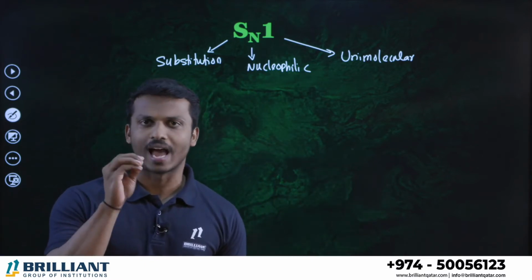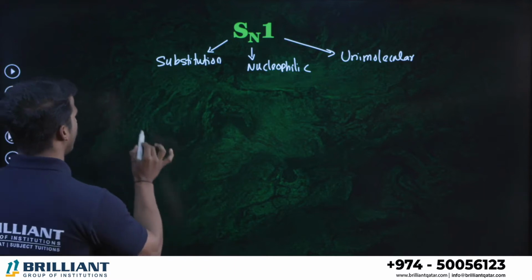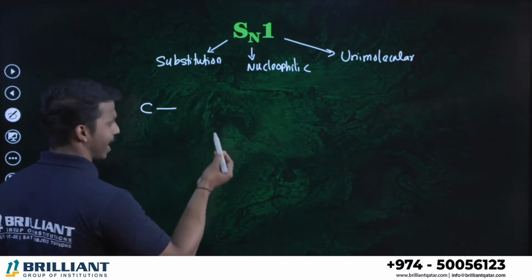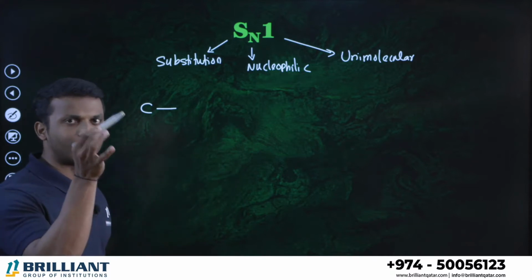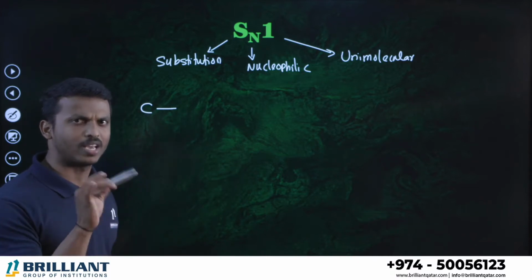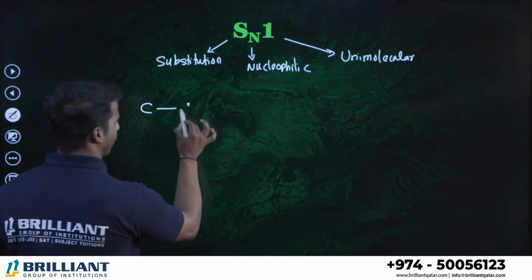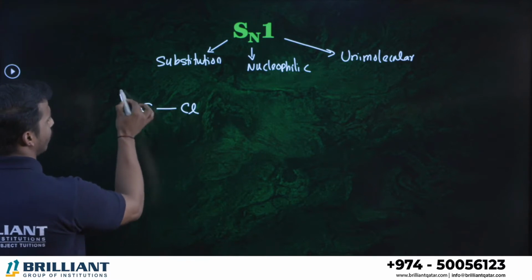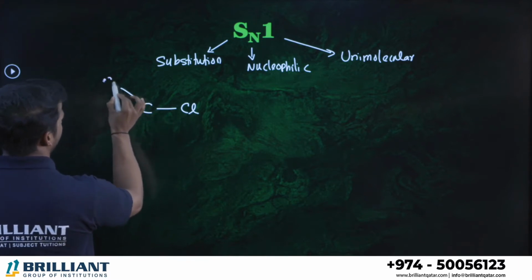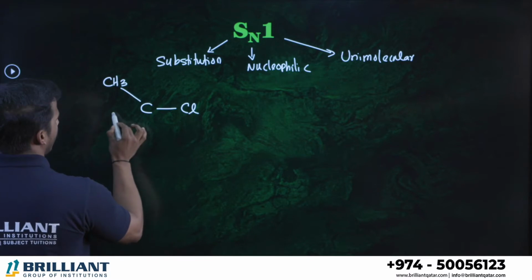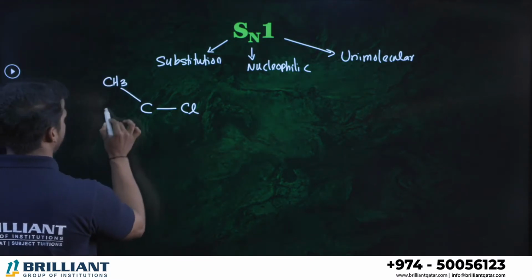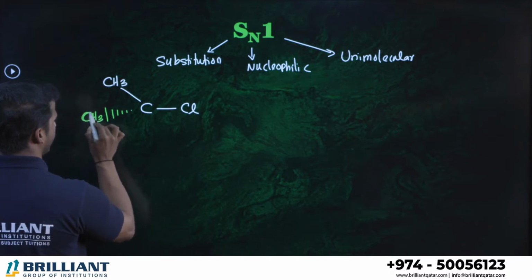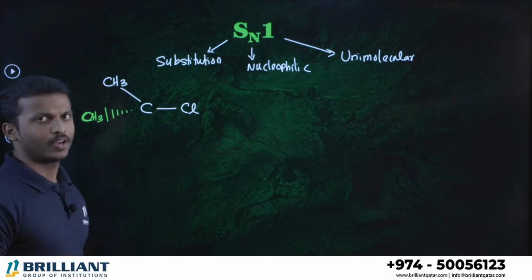Let me take one of the haloalkanes. Okay, a simple example. I'm taking the compound carbon with a halogen. Halogen we generally write with the letter X. Here I'm taking one of the halogens, chlorine. So this is a haloalkane. Let me fill the other valencies of carbon with some groups. For example, this is a methyl group. I'm using another symbol, you know very well what this symbol represents. Again another CH3 group. Okay, CH3 methyl group. You can take any haloalkane.